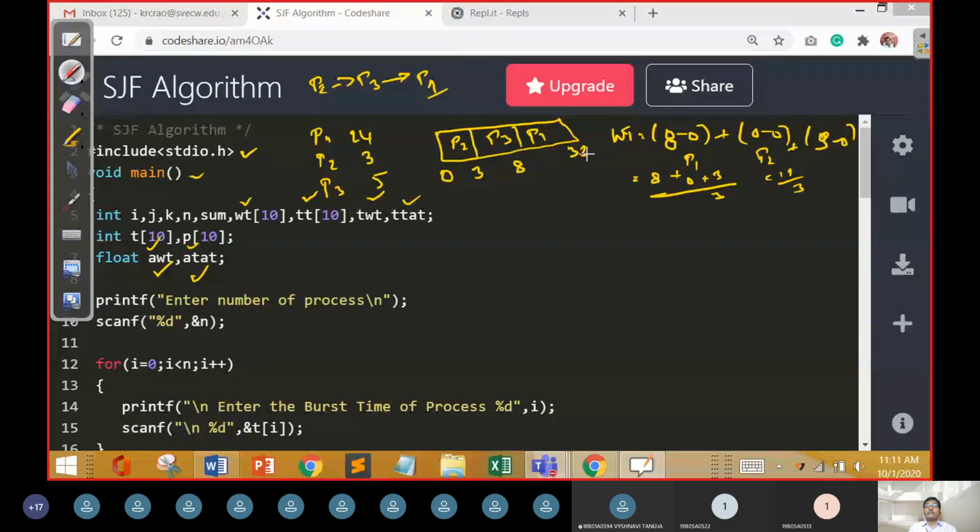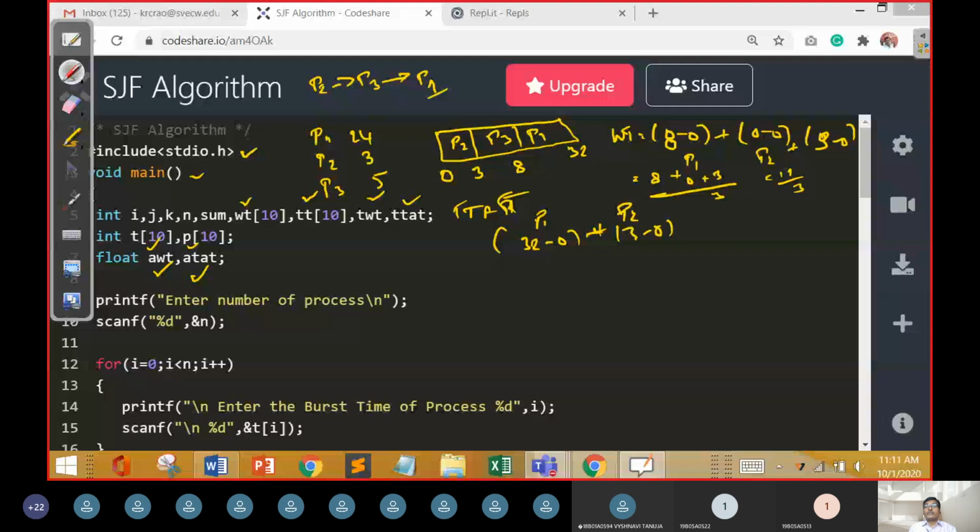Now for the turnaround time, we take the completion times. P1 has concluded at 32. P2 arrived at 0, and it completed at 3.